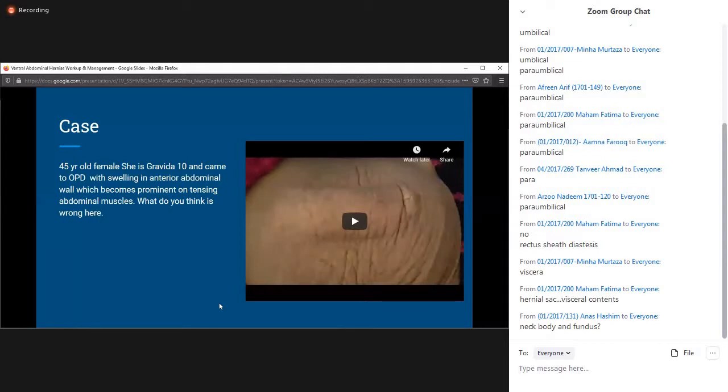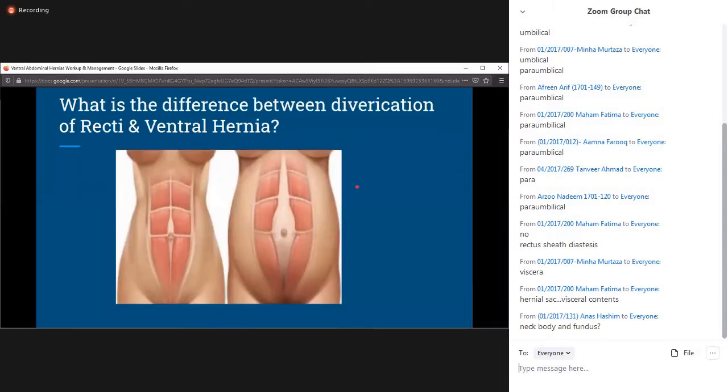Fine. And here there is no neck. This is just the sheath which has expanded, and we don't have a hernia. This is called rectus diastasis. What is the difference between divarication of recti and ventral hernias? There is no defect here. The whole linea alba is stretched laterally, causing it to feel like there is a hernia, but there is no